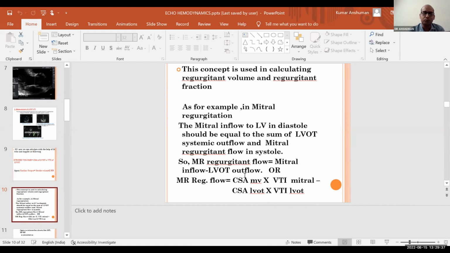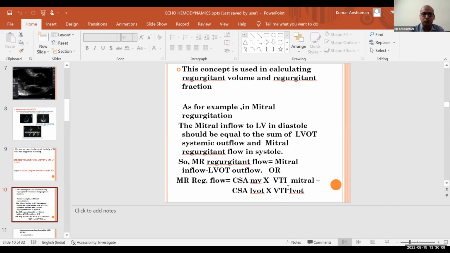For that you have to apply this cross-sectional area into VTI concept. You get the mitral valve cross-sectional area, just like in the previous slide. You get a VTI at the mitral valve. You multiply it, and you get the whole amount of blood which is coming into the LV. Now you'll have to subtract the amount of blood going through the LVOT, the aortic valve. The cross-sectional area of the LVOT, like in the previous slide, and the VTI of the LVOT, you multiply it, and you will